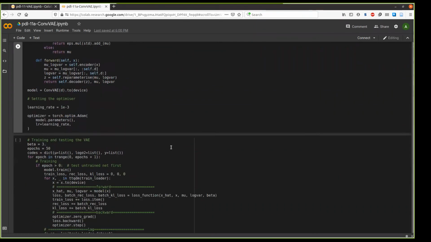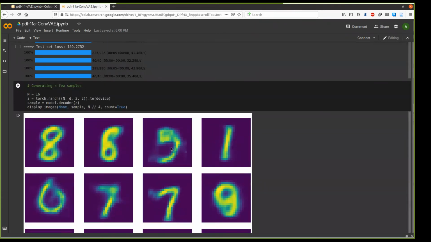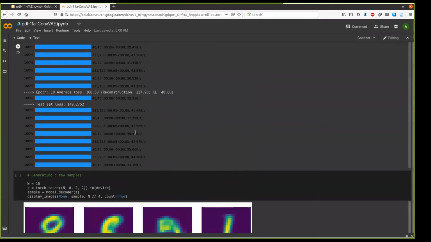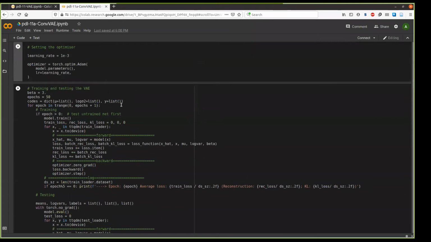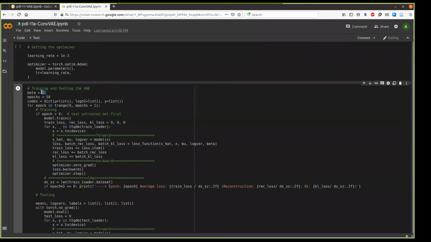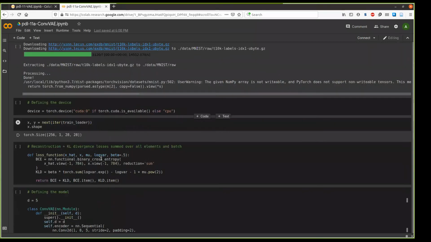All right, so yeah, back to this convolutional variant of our model here. That was the second run I did with this model, and here I played a bit with this beta. What is this beta parameter? Let's get back to our loss function. We have two components of our loss function, and one corresponds to this reconstruction error,